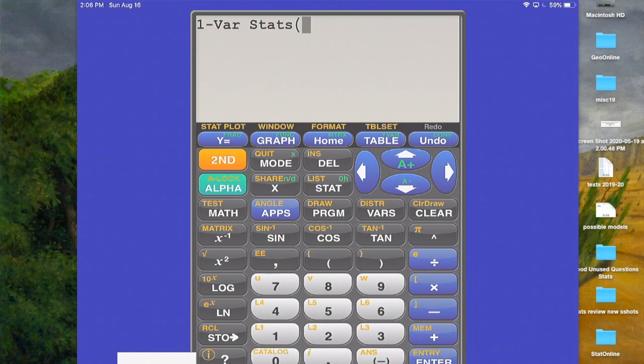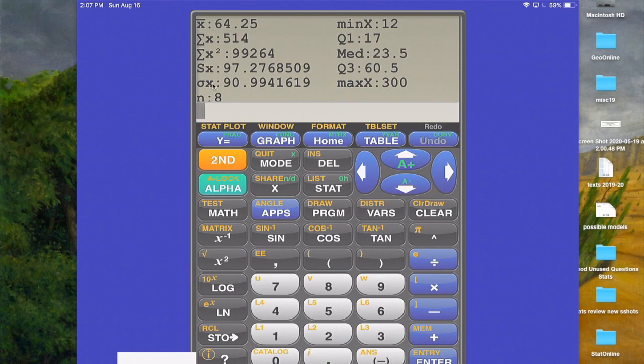But what it's really waiting for is which list you want it to generate the statistics from. If you just click enter, the calculator will default and use list one automatically. So if we just hit enter, that would be fine, but if you want to do it this way as well, you can press the second button and then number one, and that'll bring up list one after the parentheses. If you wanted to generate the statistics off of list two, you'd press second and then two. So I'm going to do that. So second, list one, close the parentheses, hit enter,